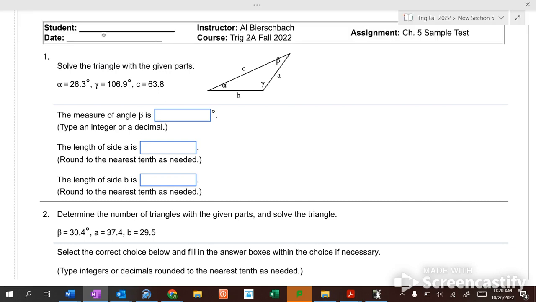All right. So if this is 26.3 right here, this is 106.9, and this is 63.8. How do we find